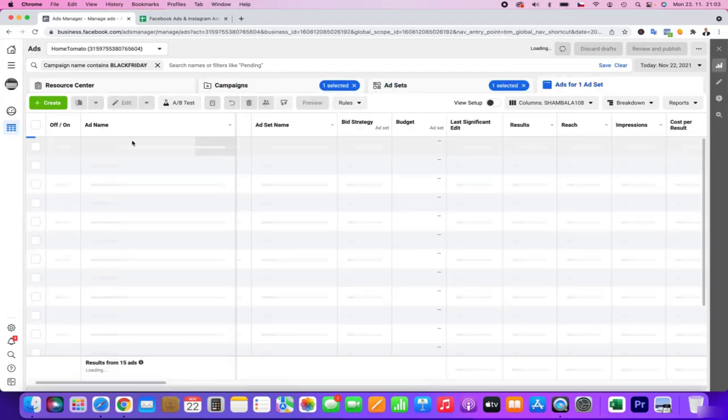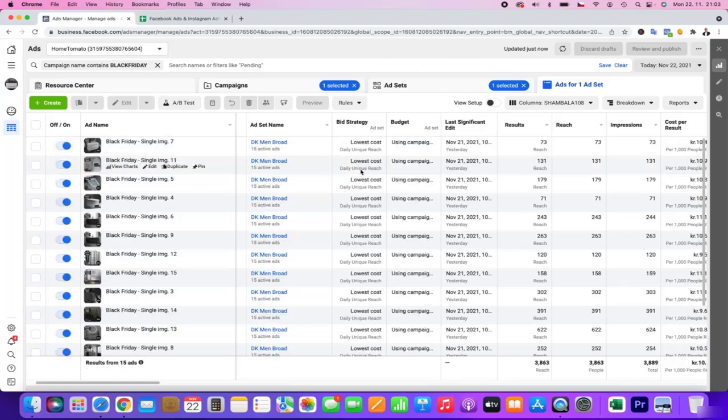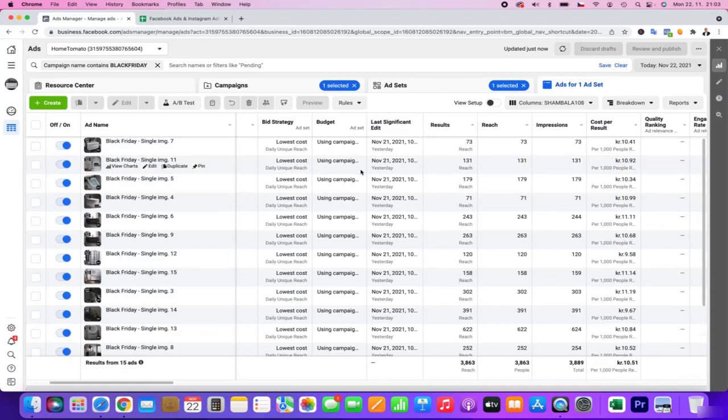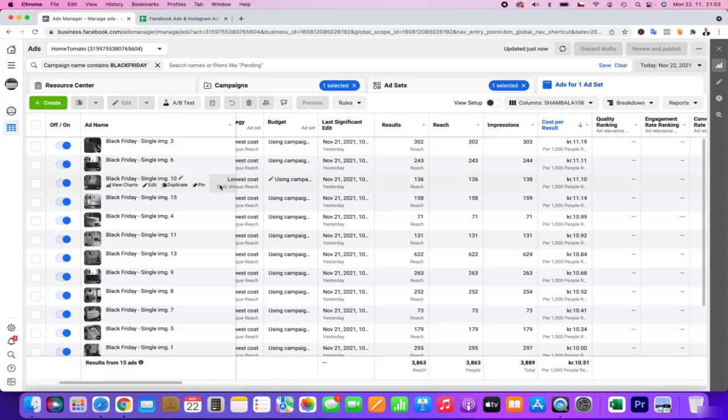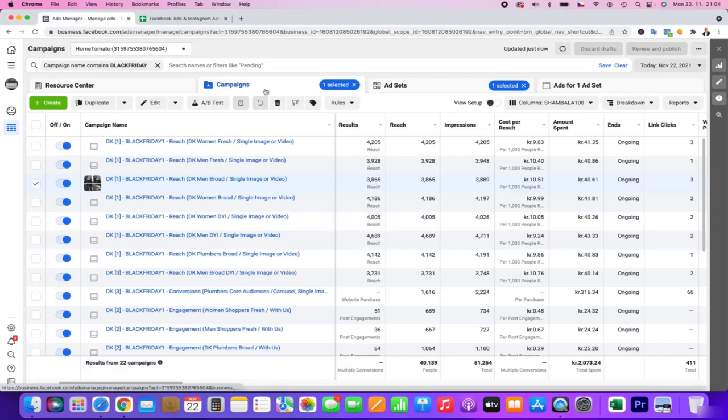I'm quite happy with it. We are doing quite well with reach as well. Some results might suggest turning this off, but I would love to keep running everything because the campaign is doing really well.